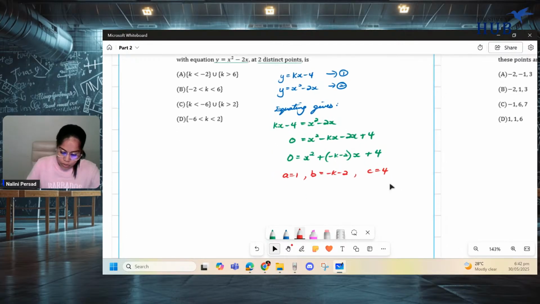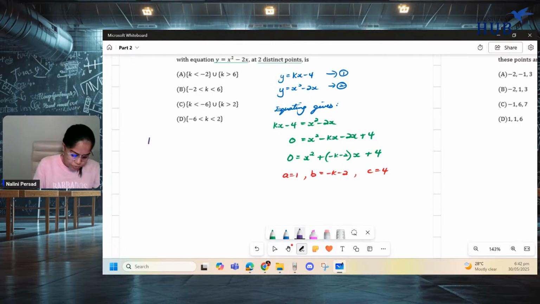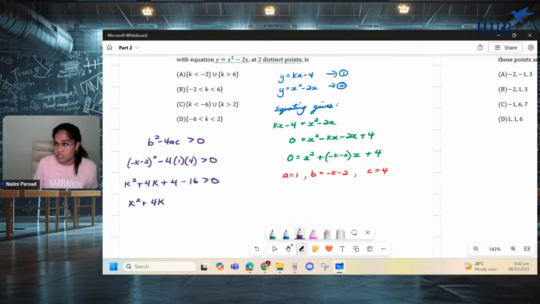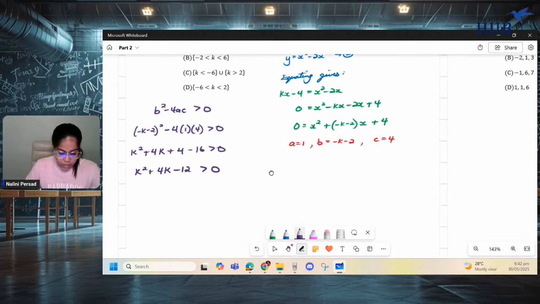So now we call that the discriminant, because it intersects at two distinct points. The discriminant is greater than 0. So b squared minus 4 by 1 by 4 has to be greater than 0. So when I square that, I'll get k squared plus 4k plus 4 minus 16 is greater than 0. 4 minus 16 is negative 12. So this here forms its own quadratic, which you can now